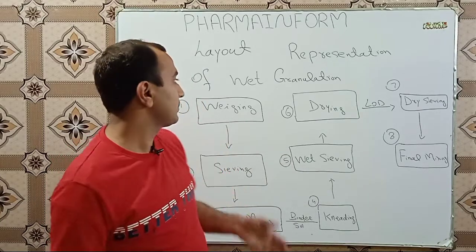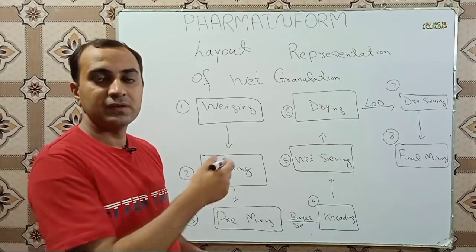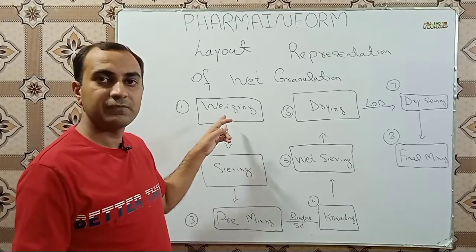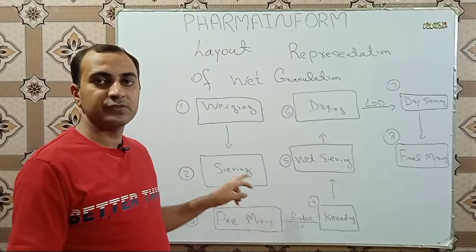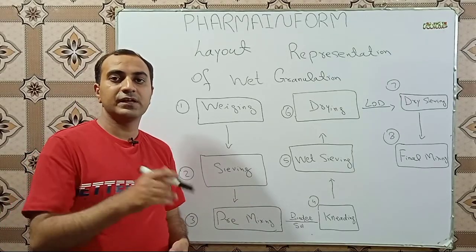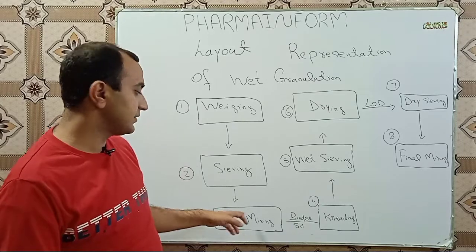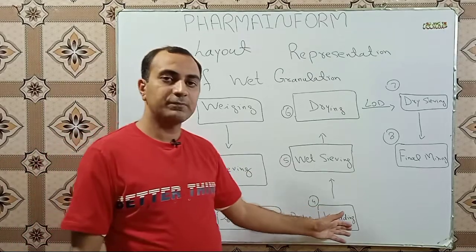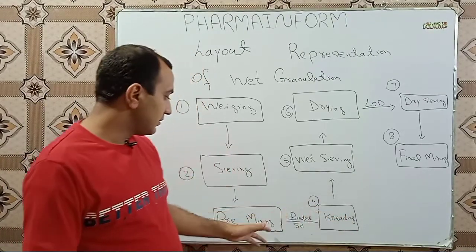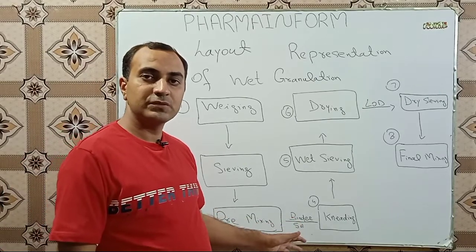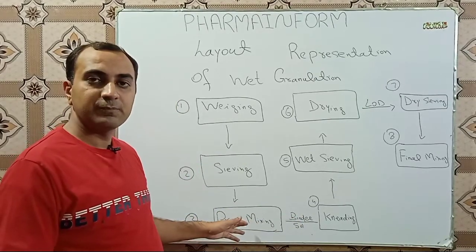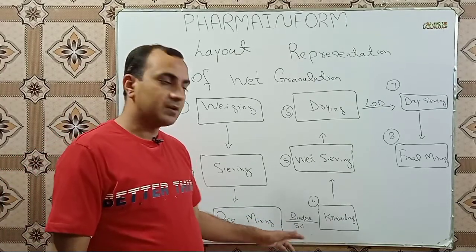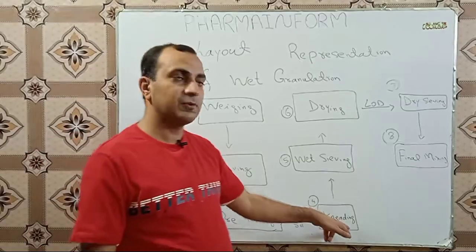wet granulation process. So first of all, in the granulation area, the activity performed is weighing. After weighing we perform the step of sieving, and after sieving the next step performed during wet granulation is pre-mixing. After pre-mixing, the next step performed is kneading. Meanwhile we prepare binder solution. When we are performing the pre-mixing activity, we prepare binder solution, and after completion of both these steps we perform the